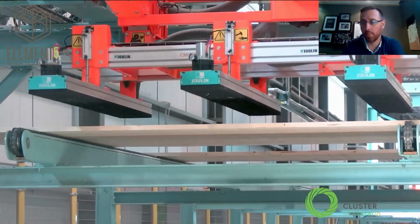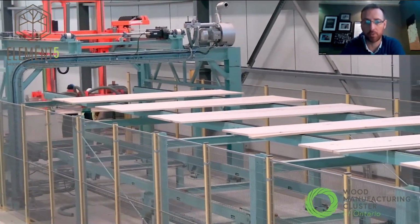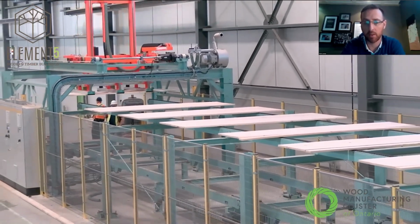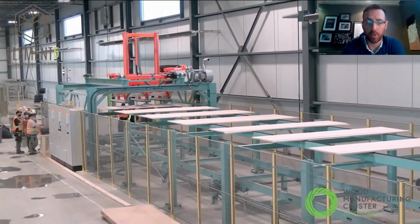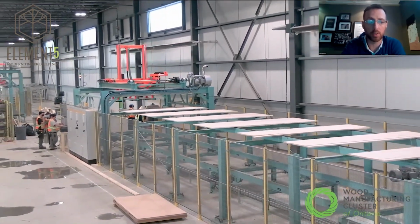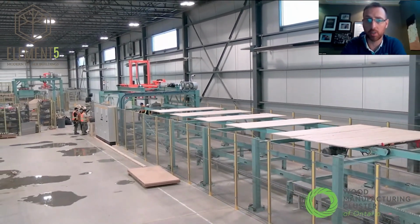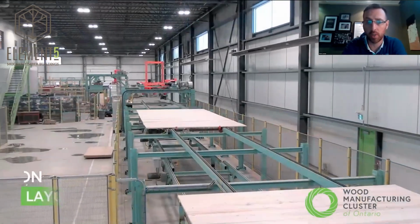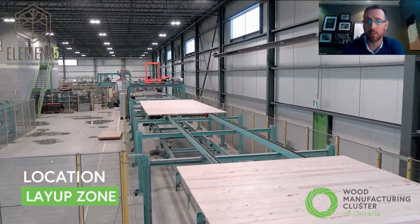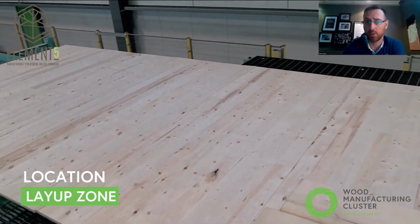So one of the biggest challenges of a facility like this is the amount of technical knowledge that needs to be transferred from the vendor into really our team. So we've had a huge investment into operators, maintenance staff, controls engineers, CAD engineers, to really ensure that we get that translation. So we started the installation July 15th of 2020, ran our first panel with the assistance of Lednick